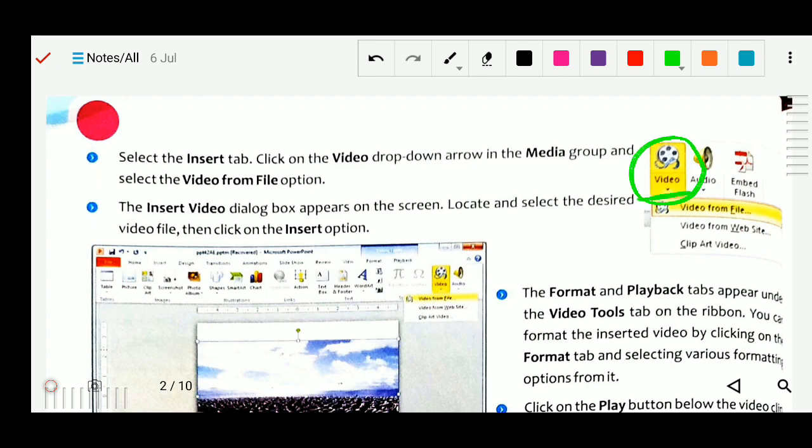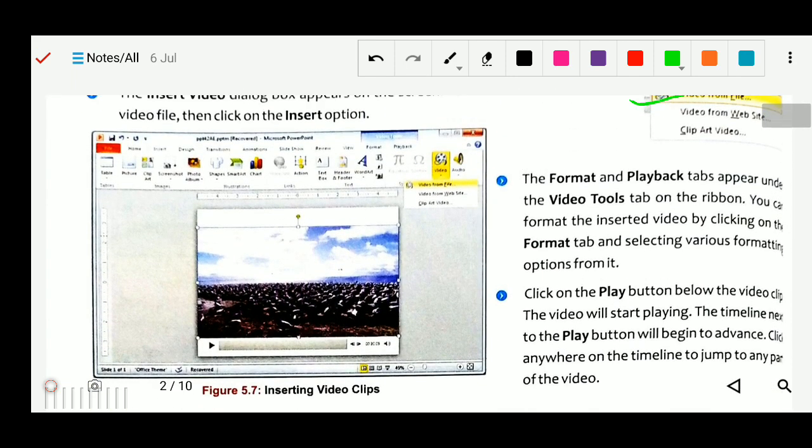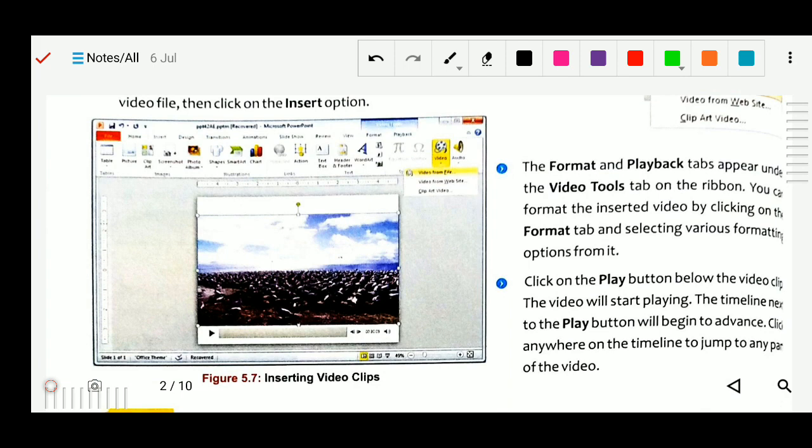Here is the option Video from File, as we did for audio. Select this, locate your video file, and click on Insert. You can see the file is now coming into your presentation.